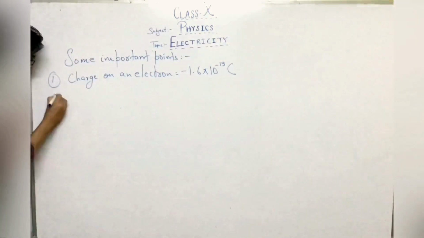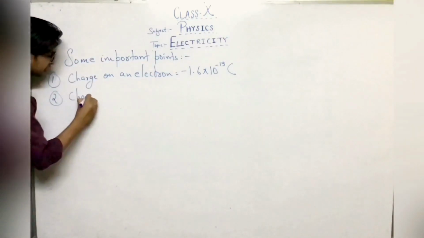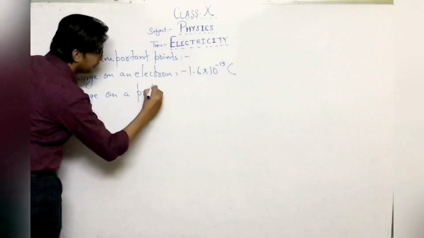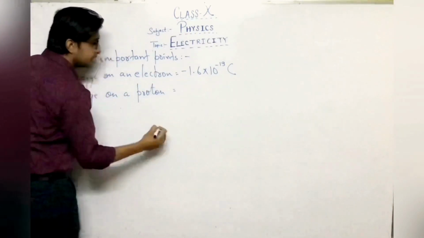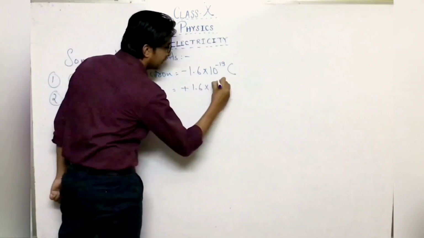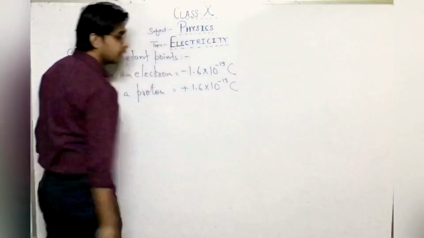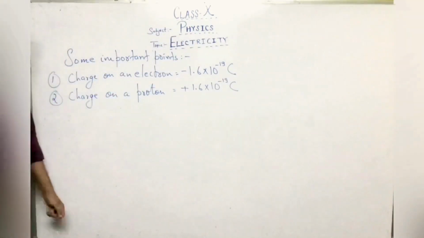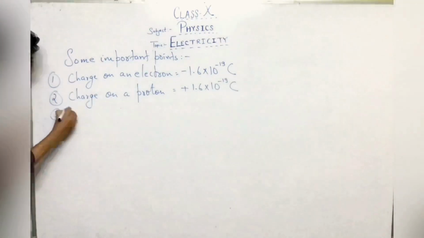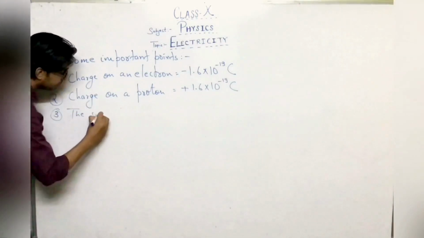Similarly, charge on a proton is plus 1.6 into 10 to the power minus 19 coulomb. Easy? Now, third point is the smallest charge